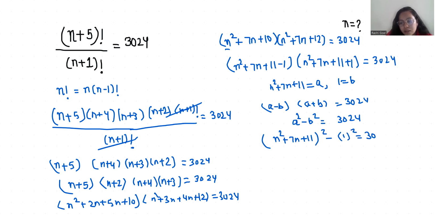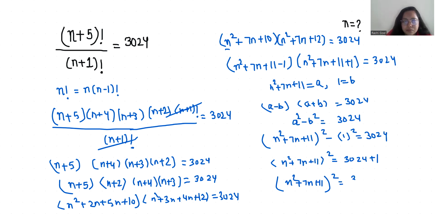So a square is (n square plus 7n plus 11) whole square minus 1 square is equal to 3024. Now (n square plus 7n plus 11) square is equal to, here this 1 square goes to the other side plus 1. So (n square plus 7n plus 11) whole square is equal to 3025. Now n square plus 7n plus 11 is equal to